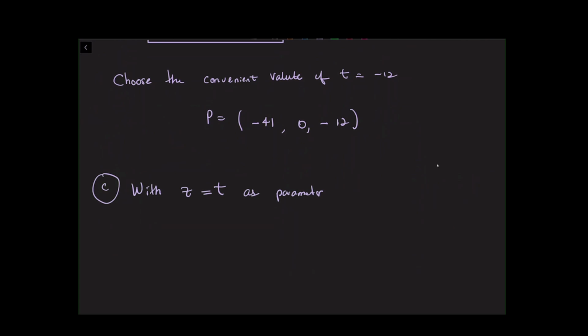So it wouldn't be anything foreign to you and you would have seen it before. With z equal to t as a parameter and the expressions we have for x and y,